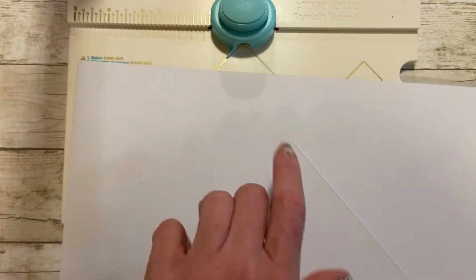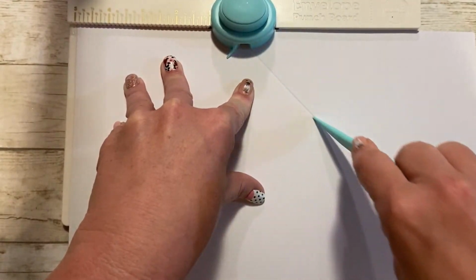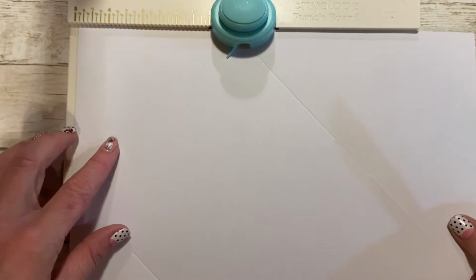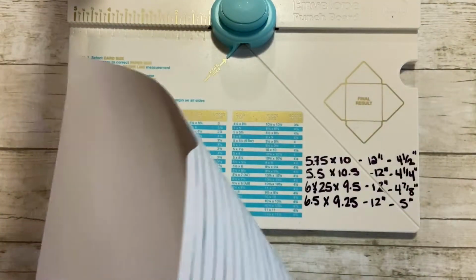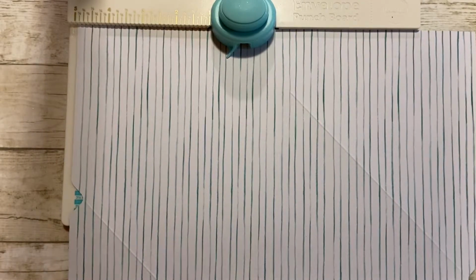So right now, our two punches are on the right, my right-hand side. I'm going to bring those down to the bottom right corner and punch up here. So I'm going to line it up with the 5 inch, punch, and finish that score line. You see how that lined up perfectly right there? So now we just have to do this one corner here. So what we need to do is flip the top right corner down to the bottom left corner, line it up with the 5 inch mark,